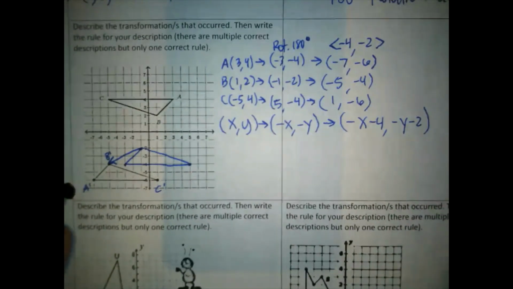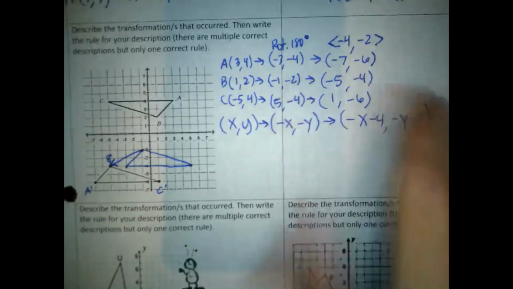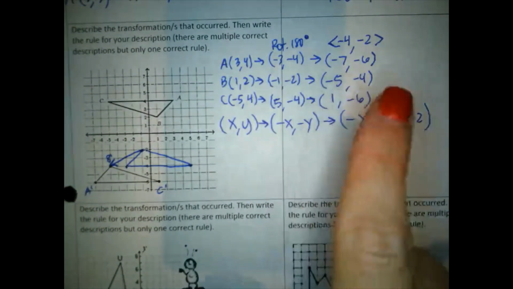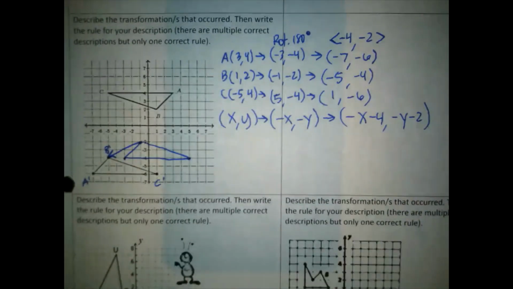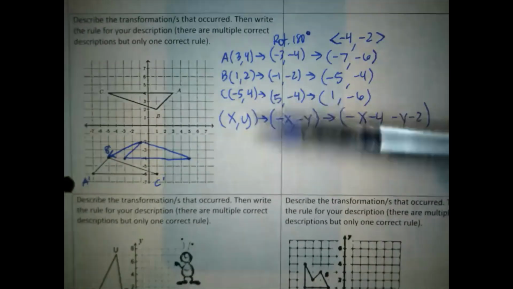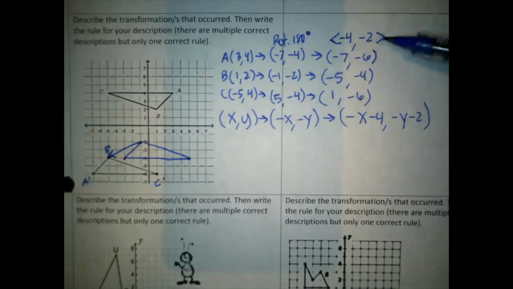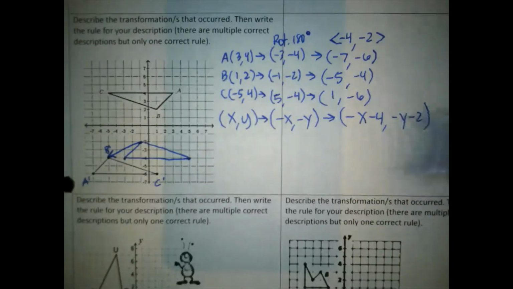Again, there are other possible descriptions, but regardless of the description that you pick, you should end up with the exact same rule once you simplify. For example, if you rotate around something other than 0, 0, that's going to work, but your translation will be different. At the very end, your rule is still going to simplify to the same rule that you see right here. So I encourage you to see if you can find a different rotation and translation that